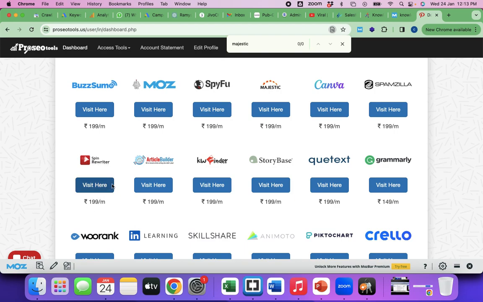Spin Rewriter, Article Builder. See, the number of tools you see are the number of weaknesses digital marketers have, the poor understanding that digital marketers have about digital marketing. More the tools, everything is easy, sir. If tools are there, things become easier. It's not just about easy. If you are sleeping at home, is that not easy? Compared to you going through all this struggle, yes. It's not about easy, it's about doing it in the right way.